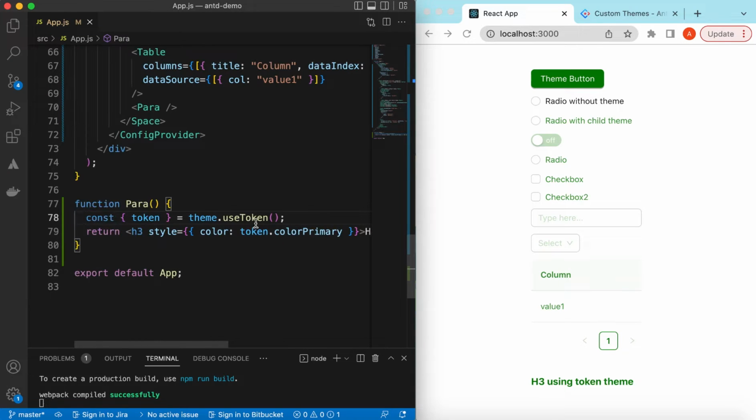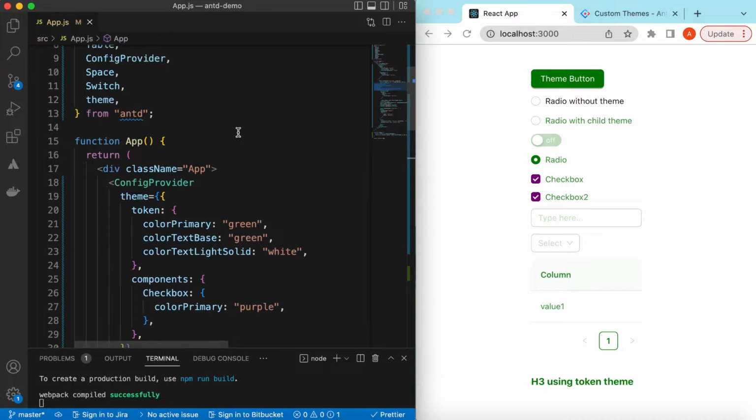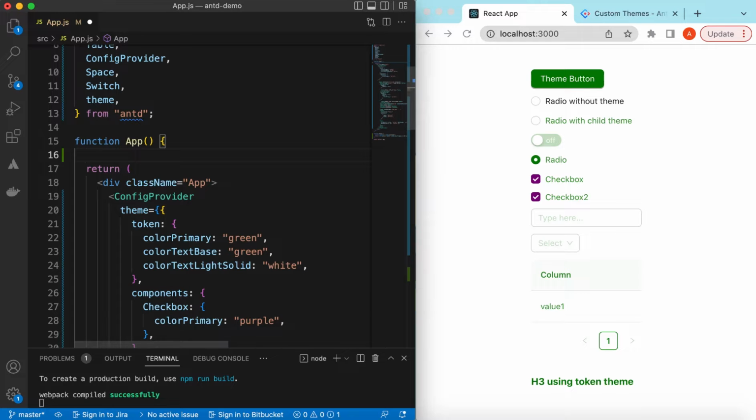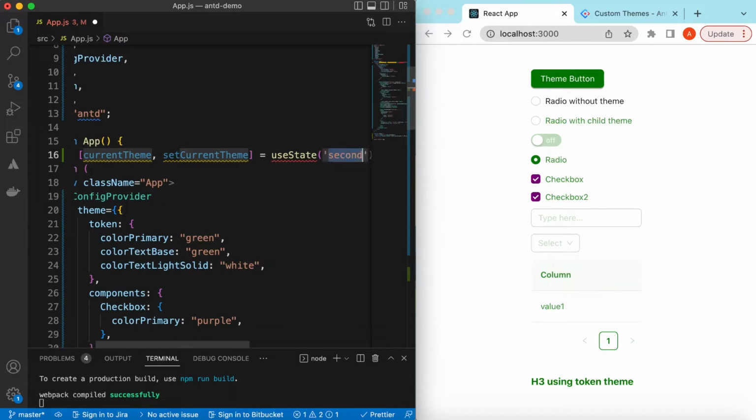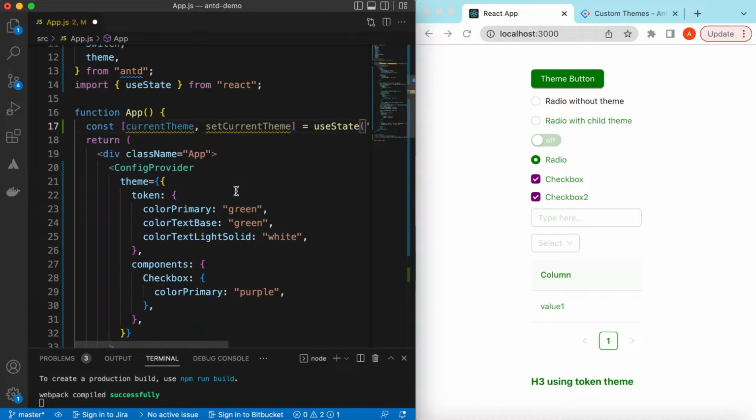way, using the hook theme.use token, and inside token we will have access to all of these variables we have provided in our theme. And similarly we can provide different themes, like we can say the light theme and the dark theme, and we can switch them dynamically on the fly. So for that, let's create a state variable. We can say current theme, and by default we can say maybe light, import that from the React,